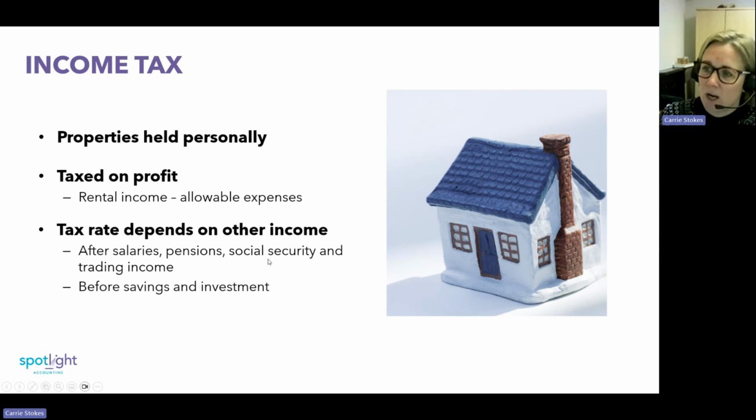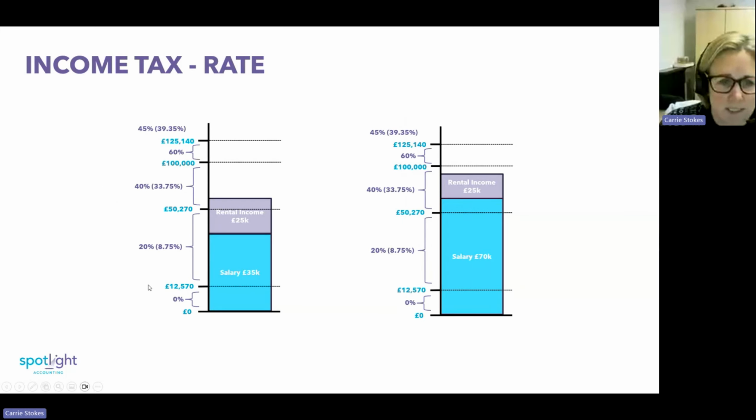Now, rental income is taxed after salaries, pension and social security and trading income. So if a landlord has partnership income and pension income, your landlord tax is applied to the next rate above, but it's taxed before savings and investment income. Now, I often use these diagrams here. So you've got two case studies of how UK tax works. If I run through the left-hand side,